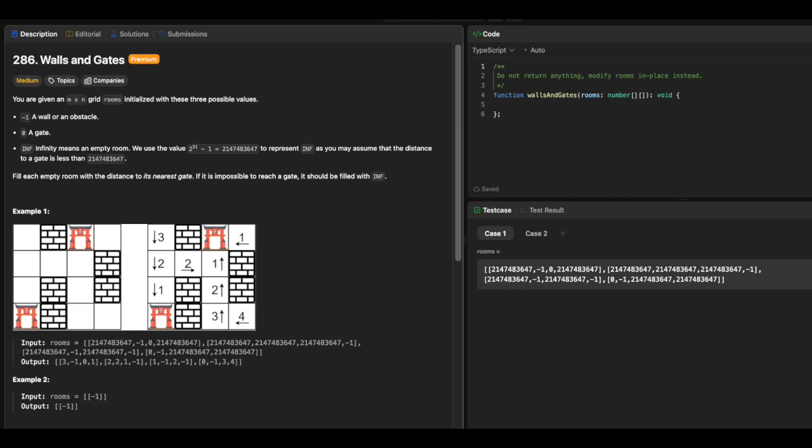Today we're looking at LeetCode 286, Walls and Gates. It's a LeetCode Premium question and medium level difficulty. I highly recommend checking out LeetCode Premium. It's definitely worth it. You're given an m times n grid rooms initialized with these three possible values: -1,